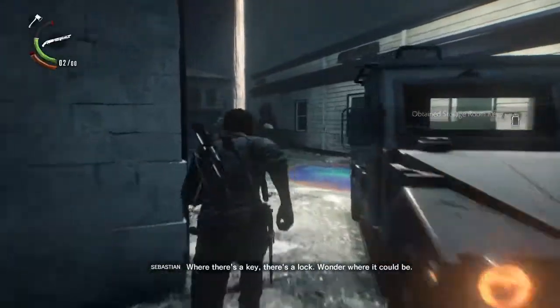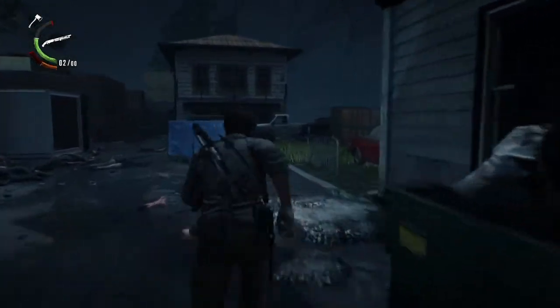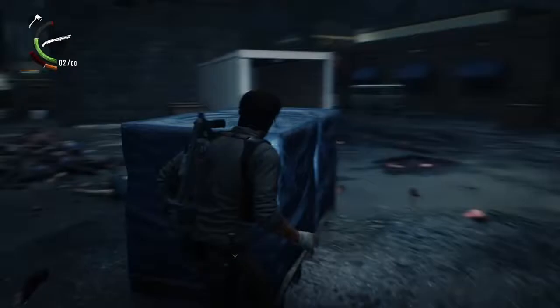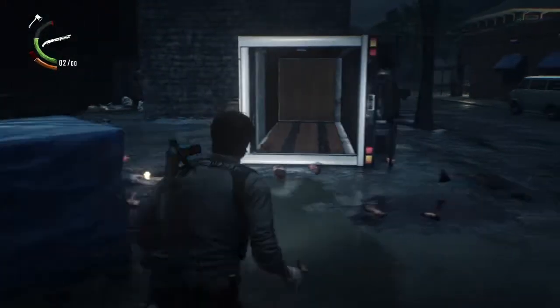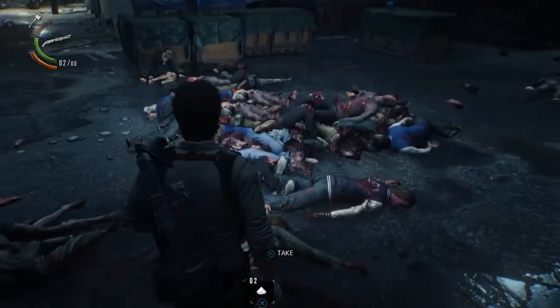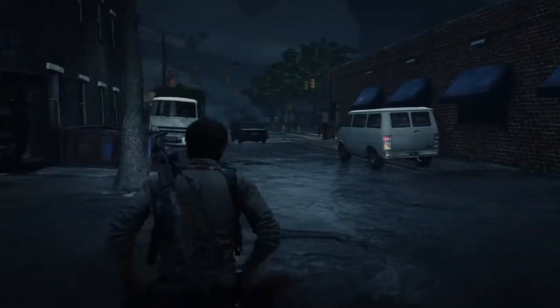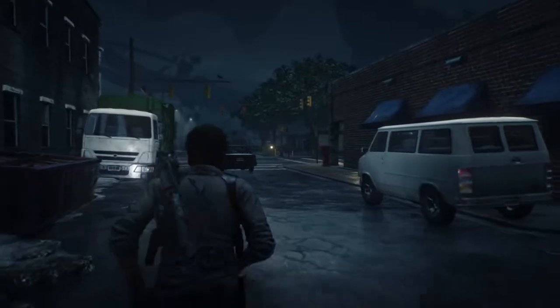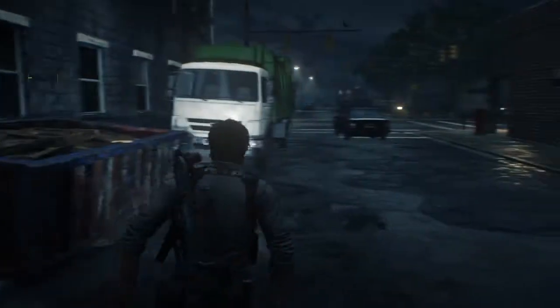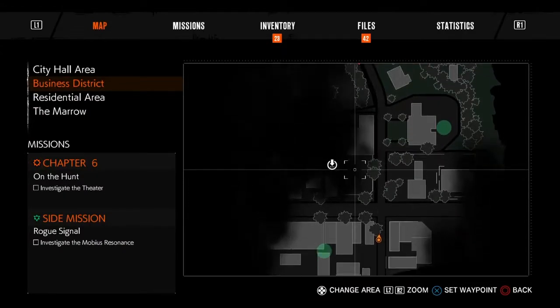So now that we have the key, we're just gonna make a run for it and hope that enemy doesn't spawn in. Wonder where it could be. Doesn't seem to spawn her in. So I guess she only spawns in right here, because she would spawn in right there at that pile of bodies. But I guess she only spawns in if she's dead. Like, if I killed the one that we saw earlier, she might spawn there. But now that we have that key, that'll enable us to...